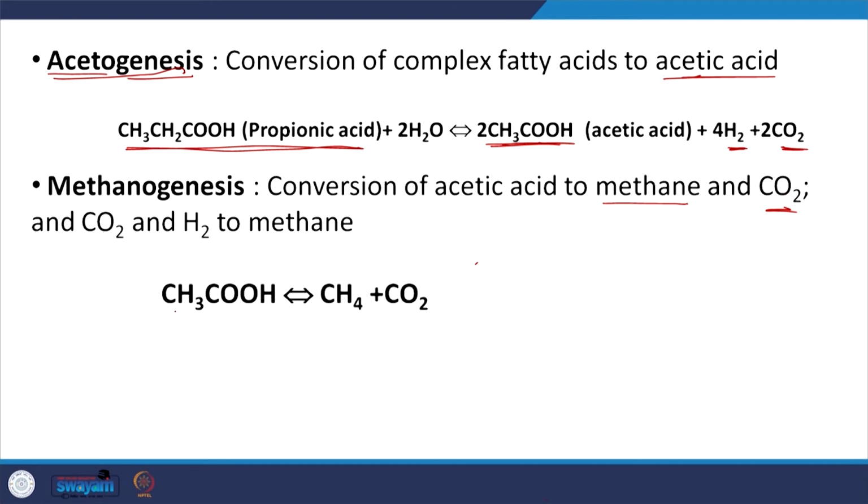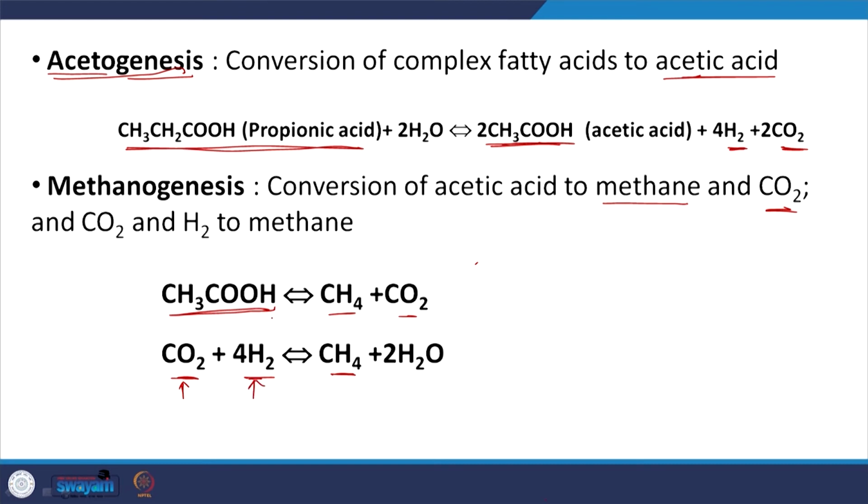There are two different kinds of microbes in play. One is the one that leads to formation of CH4 and CO2 from acetic acid, and the other one where CO2 in the presence of hydrogen leads to formation of CH4 and water, let us see. So, here the electron acceptor is CO2, here the electron donor is H2. Obviously, you see that H2, where is it coming from? This H2 is coming from here, and if the methanogens are not thriving and this does not occur, this will also lead to accumulation of hydrogen in this system, and then this reaction which I want to go through is not going to be favorable for the microbes, right. So, that is one thing.